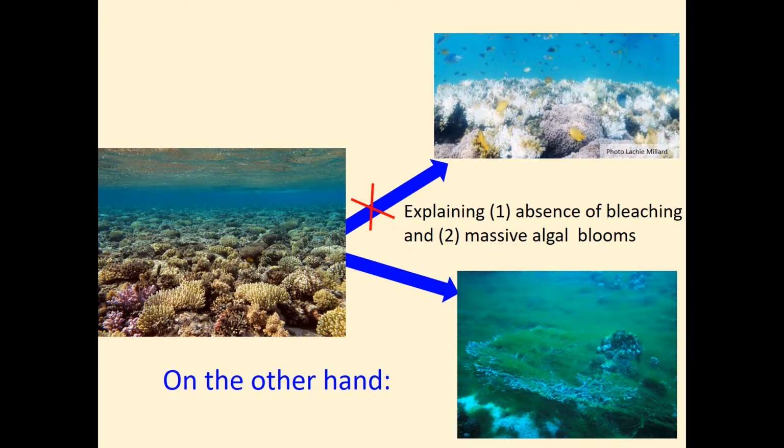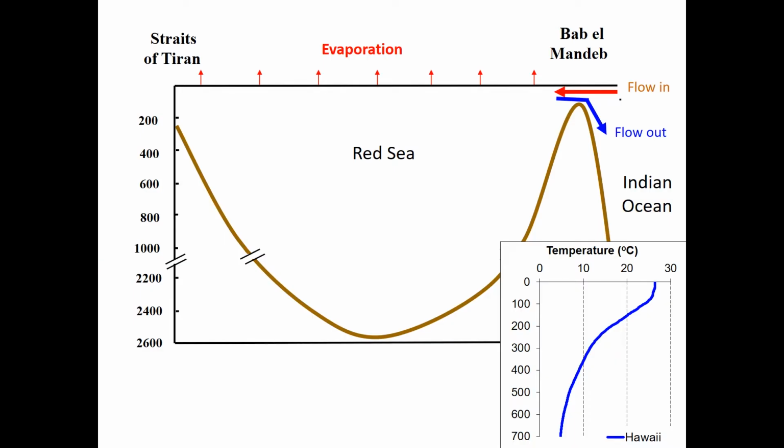What does kill corals in Eilat? This is the massive algal bloom. And the roots are the same as I will lead you to right now. That's the same plot that we had before, of the inflow of water near the surface, upper 80 meters, and outflow down below. So what does it mean that we get water definitely shallower than 130 meters? That's the depth of the sill here,